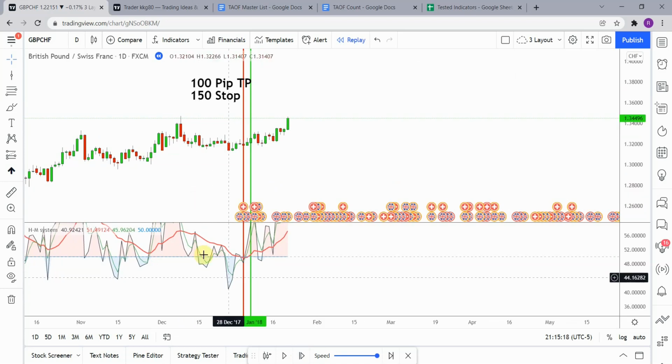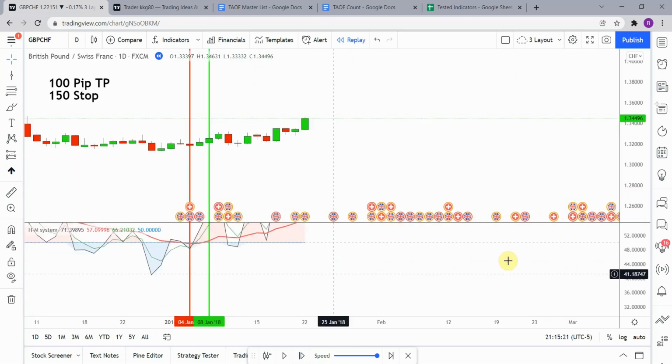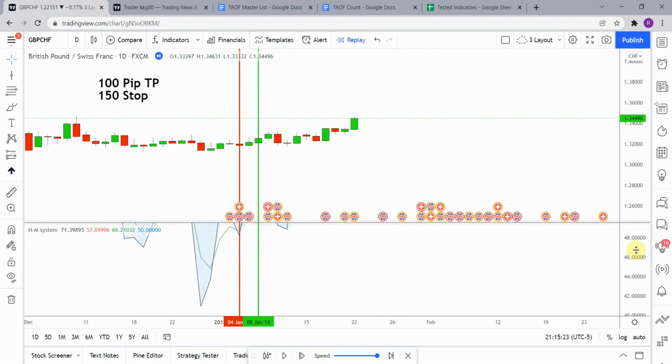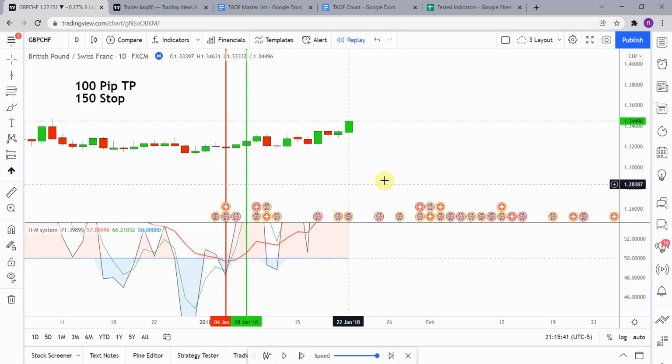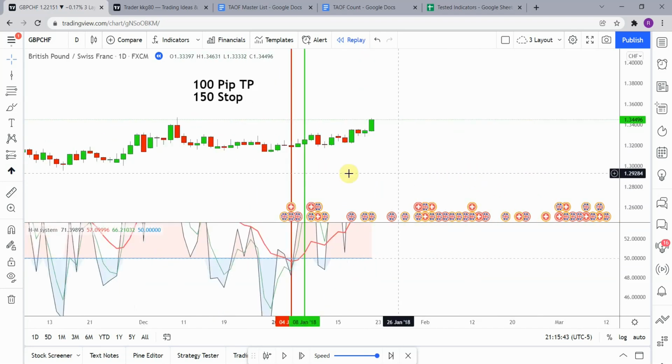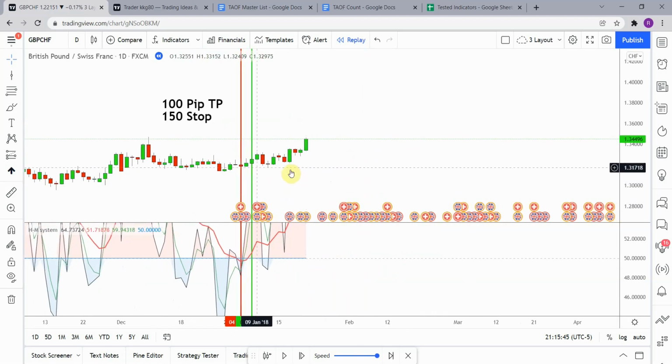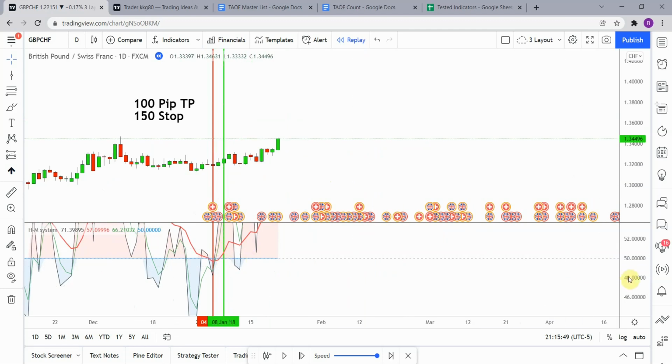All right, so the first signal that we picked up was a short. If I zoom in really close on this, you can see that right here we have the black line below the 50 marker, and then that red line comes down and crosses that 50 marker as well. So both the red line and the black line are below that 50, so that would be a short. It didn't last very long, because a couple of candles later we move back to a long position as the black line is